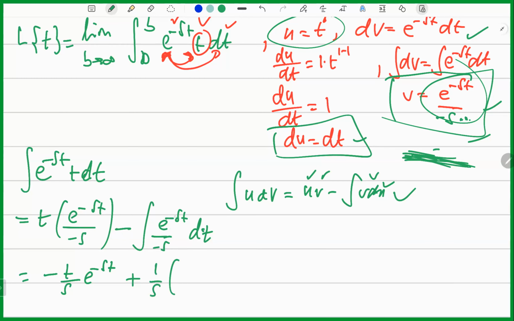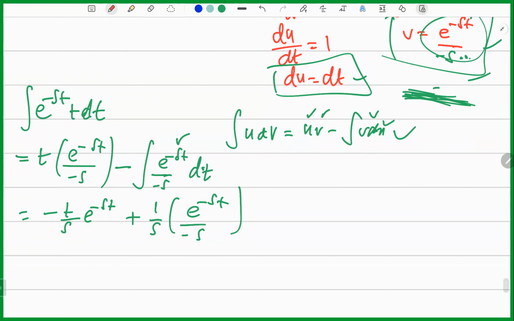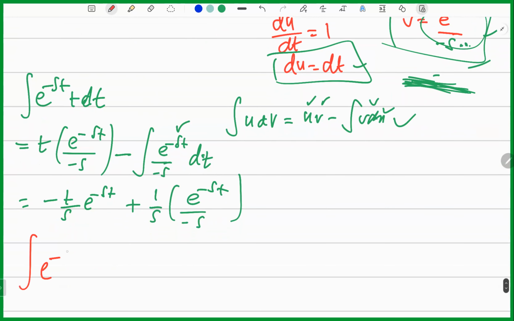And then you integrate again the e to the minus st, which gives e to the minus st over minus s. This is telling us that the integral of e to the minus st t dt is the same as minus t over s e to the minus st